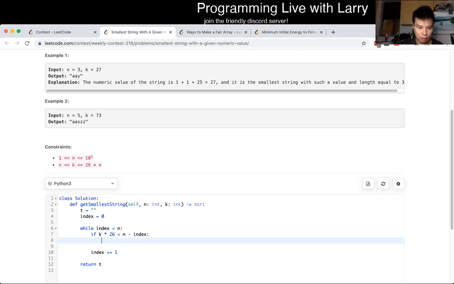Okay, let's step back in the math. If x plus k. K is not